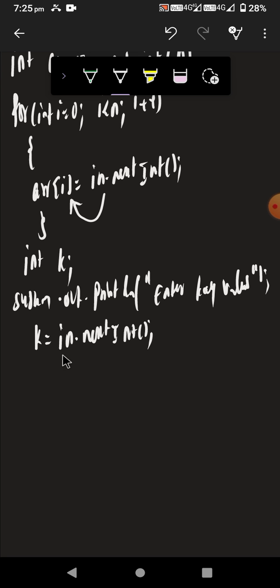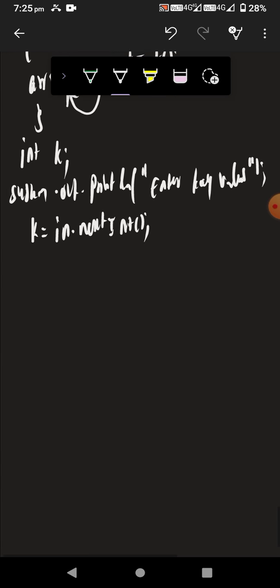So now you start searching. We will search all the locations one by one, and where our key value matches with any array value, we will say our search is successful, otherwise not successful. So for that, very simple, I am taking int c is equal to 0.